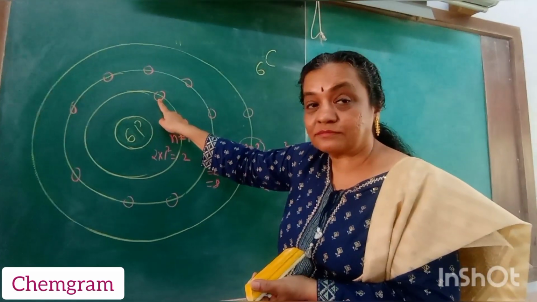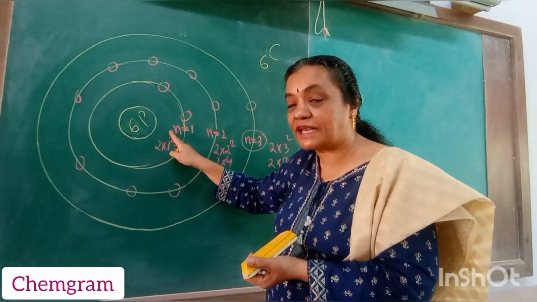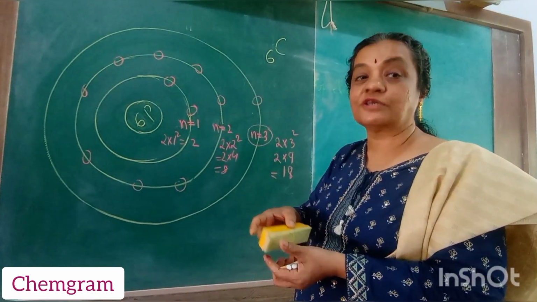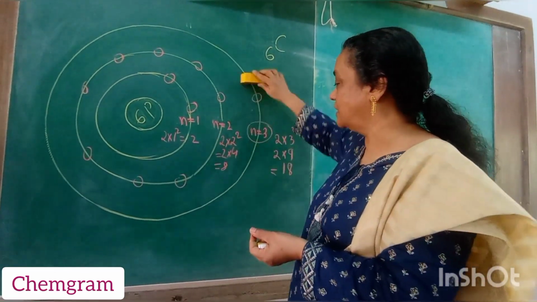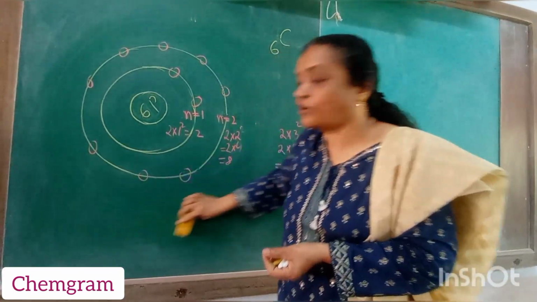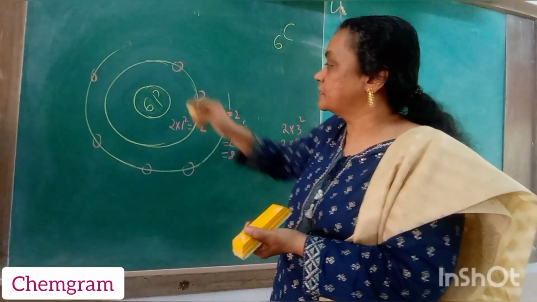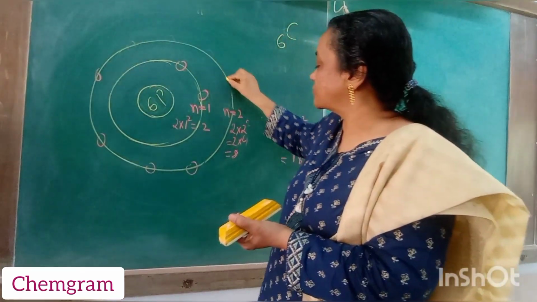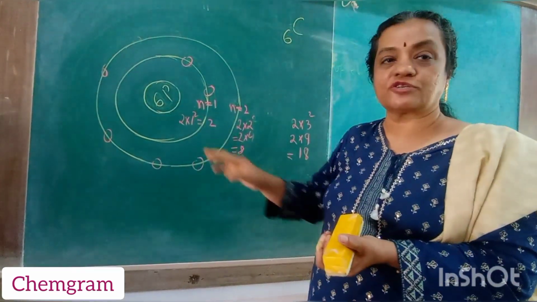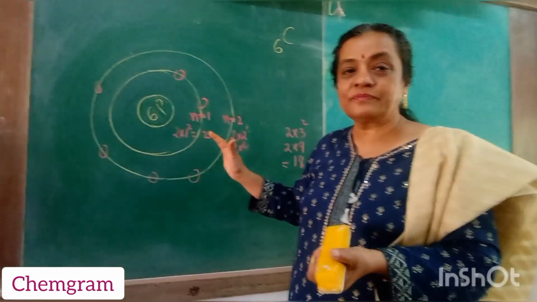कितने बचे? Because you had only 6 protons. 2 have gone in the first shell. So how many are left? There are 4 electrons and the 4 electrons will go in the second shell. So third shell तो होगा ही नहीं because there are only 4 electrons left and these 4 electrons will go in the second shell. So that is how the electrons are distributed. So you have 1, 2, 3 and 4 electrons in the second shell. Have you understood how the electrons are distributed?